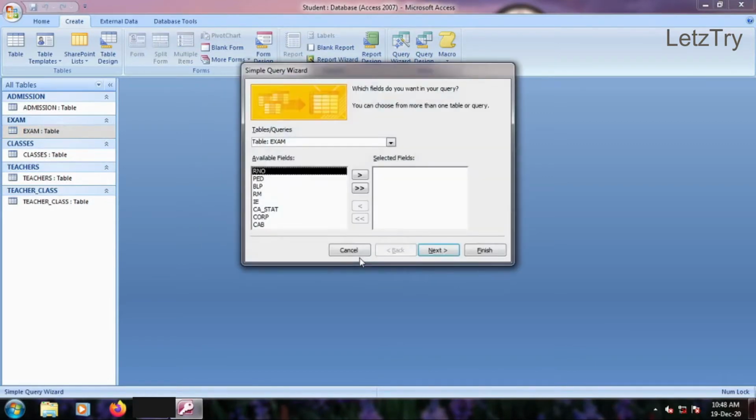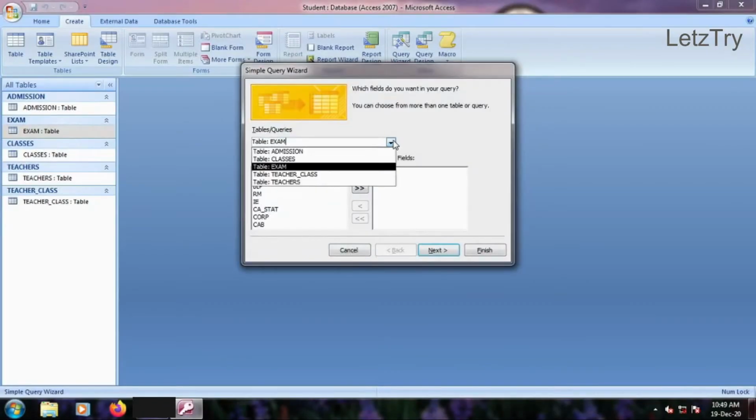We see first page of simple query wizard. We want records from admission as well as exam tables. Hence, from tables or queries list box, select admission table. The fields of admission table appear in the available fields section. Move required fields to selected fields section.